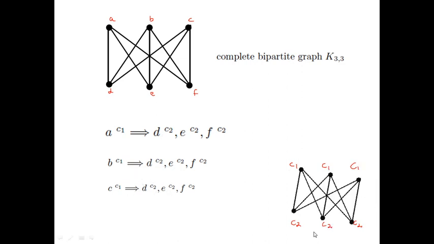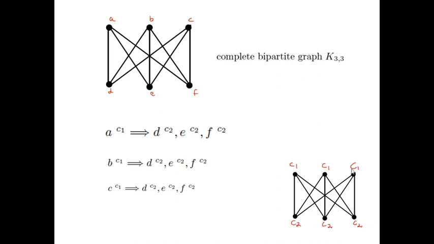We can see by this example C1 and its adjacent vertex C2. There is no conflict here. Everything is okay. C1 color to C2, C1 color to C2. Everything has different colors. So the chromatic number for this complete bipartite graph K3,3 is 2. This holds for other numbers of vertices also.